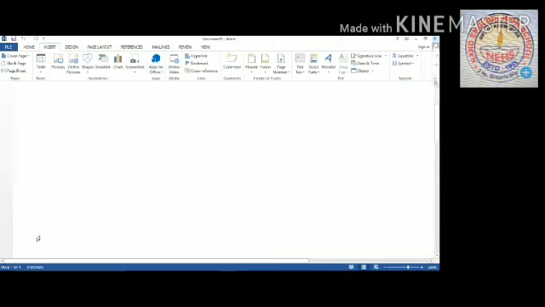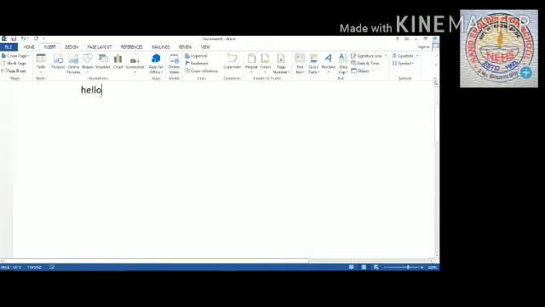Next, document window. This is your work area where the cursor is blinking. Here is your cursor blinking, no? This is your work area. This is called your document area. A document is created in the document window. This is the area where we can type the text. You can type the text. Okay, just hello.